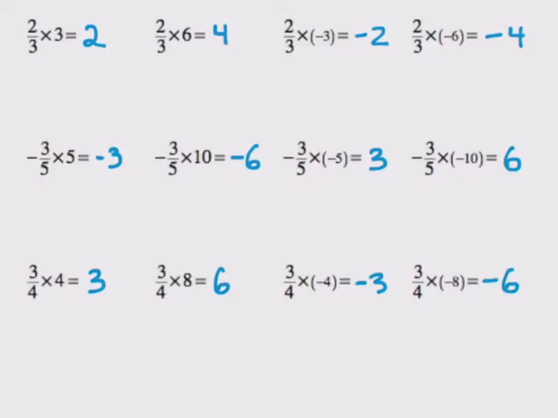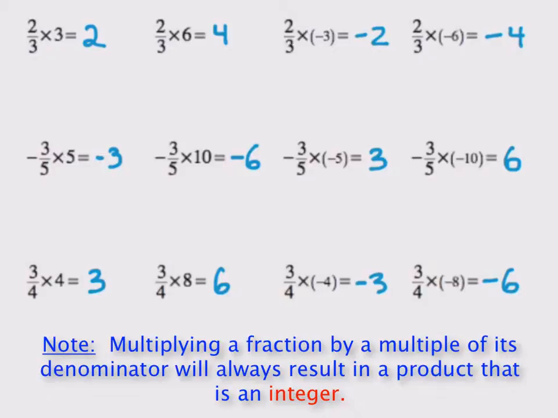Alright, so now that we're done, I'm sure there are a whole bunch of patterns to find here, but the one that we're most concerned with is this. In each of these multiplication problems, we multiplied our fraction by a multiple of its denominator. And every single time, our product ended up being a nice integer. And that's a really helpful property that we're going to use in this section. So note, multiplying a fraction by a multiple of its denominator will always result in a product that is an